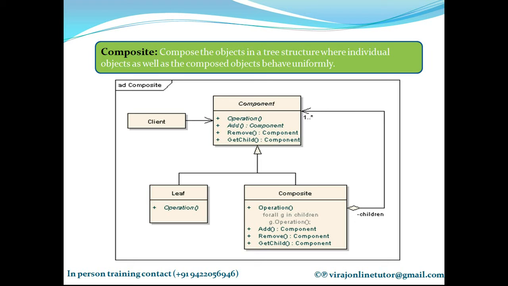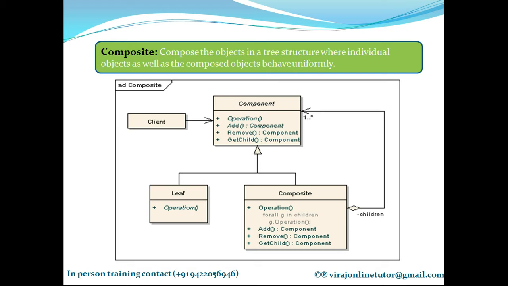So if you want to design something wherein you want to make the simple and composite objects behave uniformly, what does behave mean in object oriented programming? Function definitions, right? A class is made up of two parts, data members and member functions. Data members are the data associated with that class, and member functions are the behavior associated with that class.